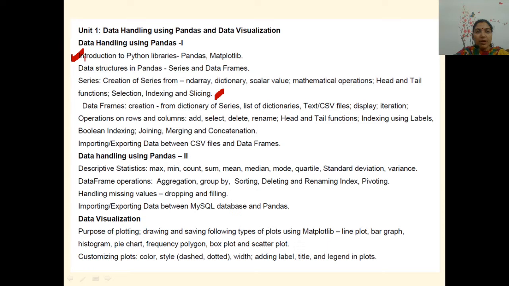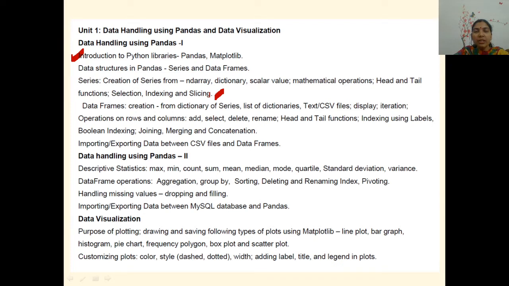So, from introduction to Python libraries, we will be trying to come up to the series creation and various parts of the series up to indexing and slicing. So, let us start. Because this will be a bit theoretical type of discussion today, please note it down well.